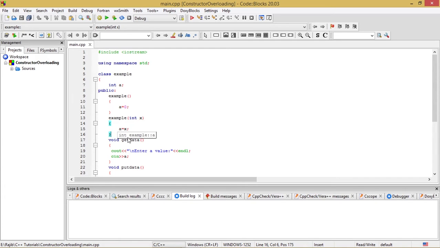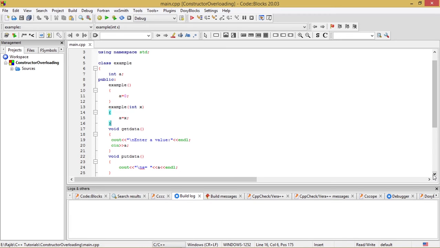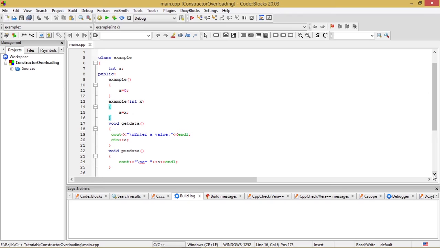Now after that I have written another function, void getdata, and in that I have taken an input from the user by these two lines, cout "Enter a value of a" and cin. So the user can also supply any value to a. In that case the constructor will not be invoked; this getdata will be invoked. The constructor will obviously be invoked in the first instance.